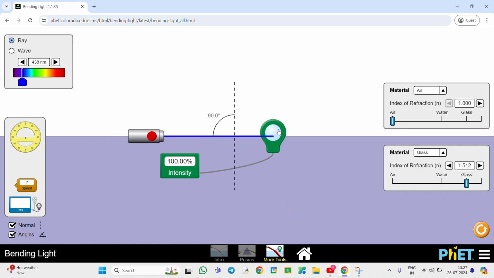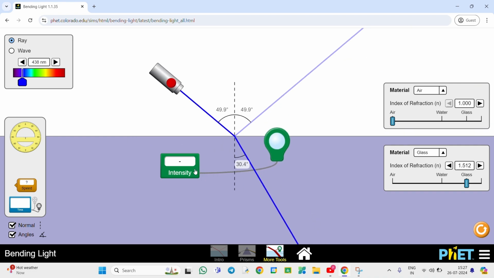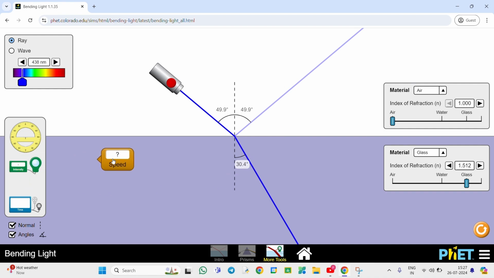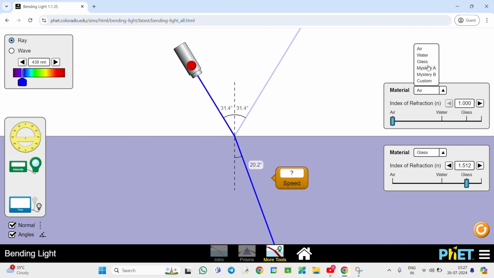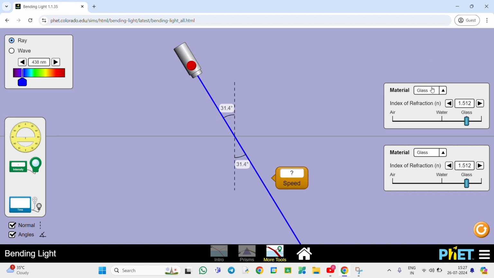Now you can see there's another tool to check the speed of light, as it is 1.00 c, which is 3 into 10 to the power 8 meters per second, the speed of light. The speed of the refracted light is 0.66 c, which we can calculate given that the refractive index is 1.512 in glass. And if we divide the speed of light in air by 1.512, you get the speed of light in glass, which is 0.66 c. Now,